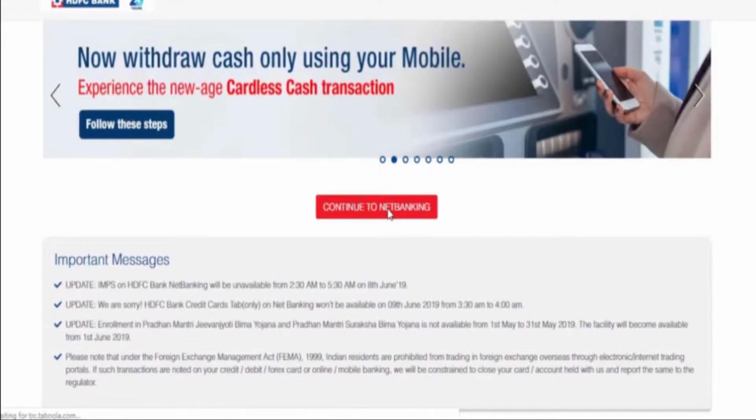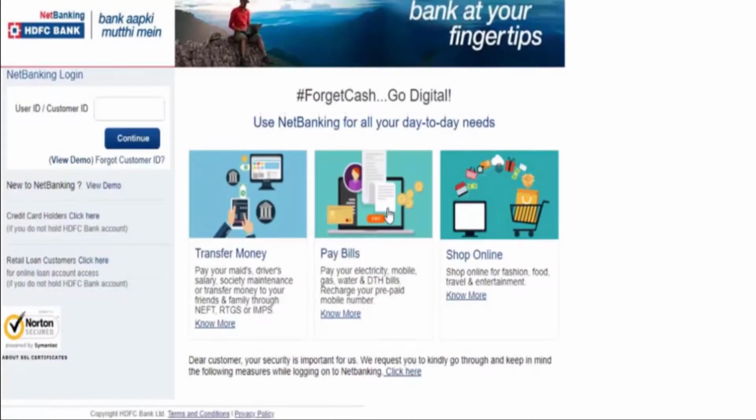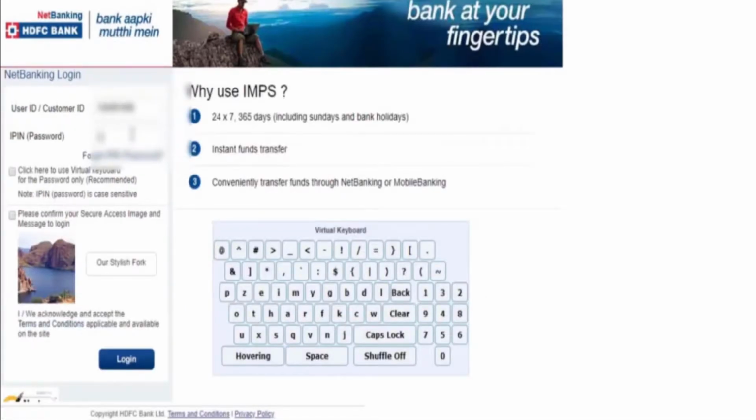So I am going to log into my internet banking, HDFC Bank, where I will enter my user ID and log into my net banking. Then I will enter my net banking password, confirm the image and log into my HDFC Bank.